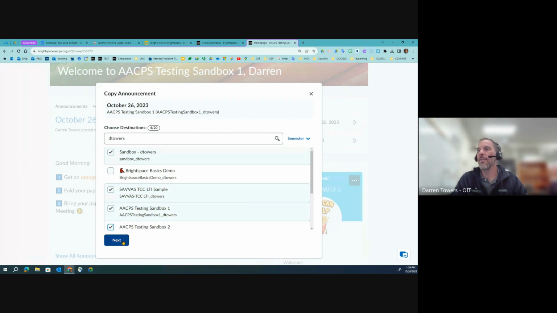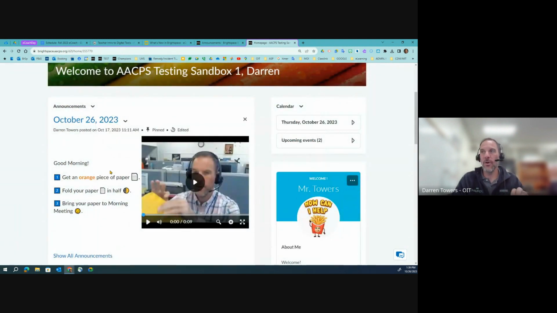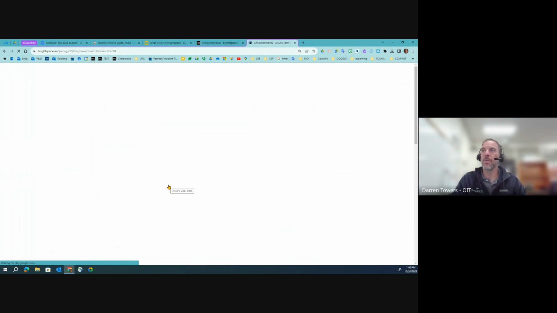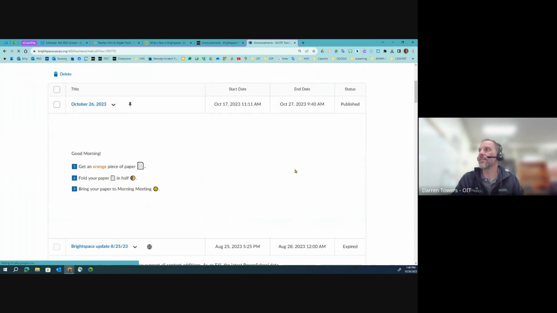So there we go. Then it would get pushed to all of those other courses. Please note that once you push it to those other courses, it will not show in the widget. You would have to go into the announcements tool and find the announcement that was pushed to the course. So you go to the other courses that you pushed it to, go to the announcements tool, find it,